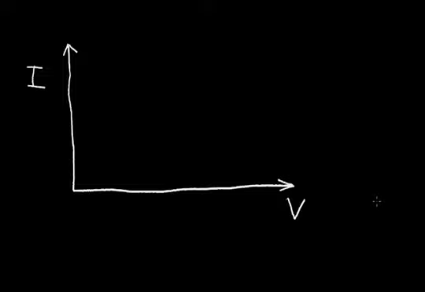In this video, I want to explain the operation of the MOSFET transistor in greater detail. And to do this, I'm going to use an N-Channel Mosfet as an example. Now the MOSFET has a current versus voltage curve that looks something like this. There's a flat region up here, and eventually the transistor will break down. And what I want to do in this video is relate this current in the MOSFET versus the voltage drain to source in the MOSFET. I want to relate this curve to what is going on in the channel region